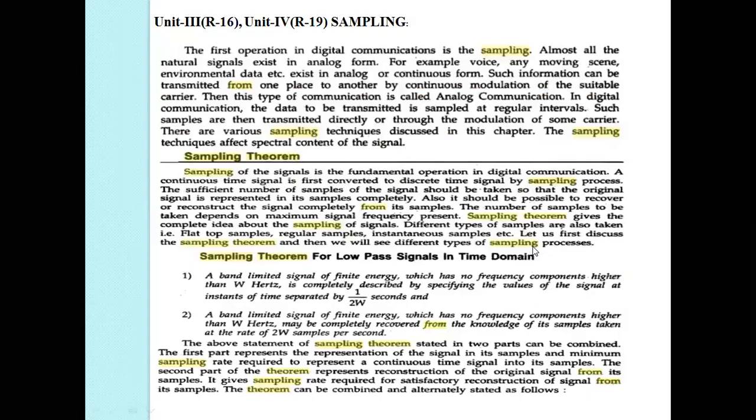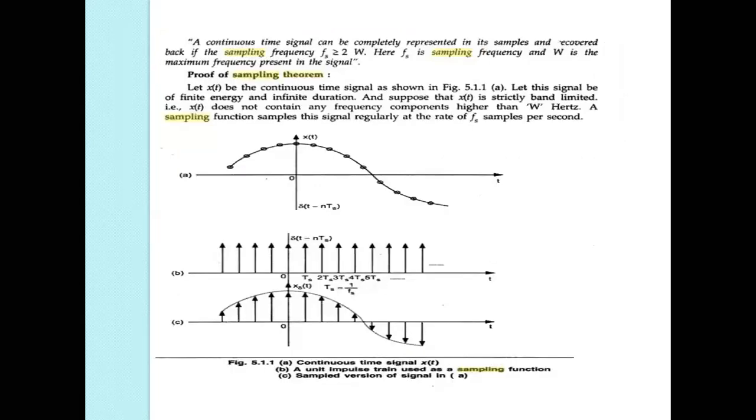Yesterday we already saw what digital communication and analog communication are. The first operation in digital communication is nothing but the sampling. We already saw the statement of the sampling theorem: a continuous time signal can be completely represented in its samples and recovered back if the sampling frequency Fs is greater than or equal to 2W, where W is the maximum frequency